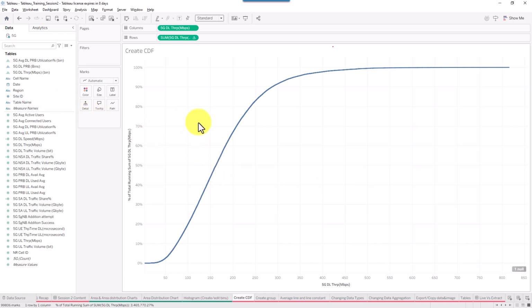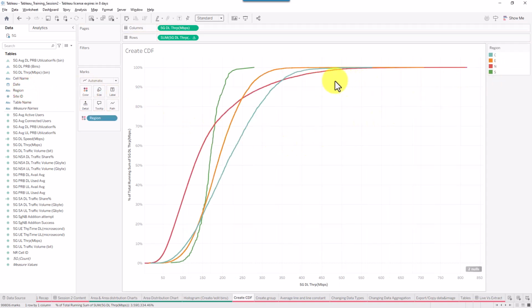For example, if you would like to compare the performance of different regions, you can take the region dimension from the top left, drag it and drop it into the color. Now it will give you the performance between the different values of this dimension, called region: south, north, east, central. And here it's telling you that C, which is the central region, probably has the highest throughput in the ranges of 50 mega up to around 400, and in the lower ranges of throughput, for example from 0 to 100, this specific area,